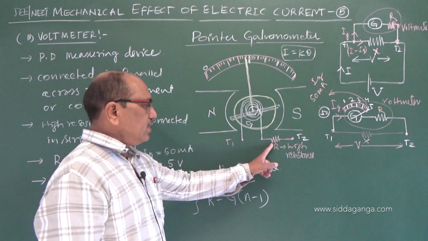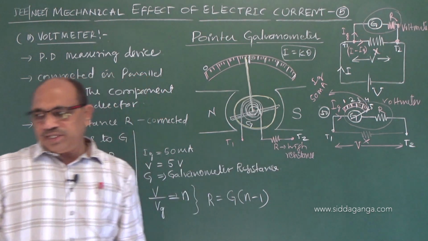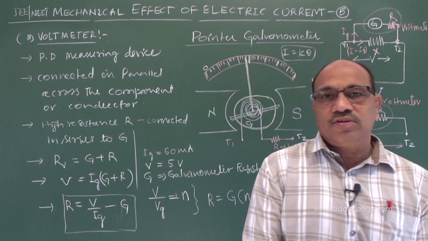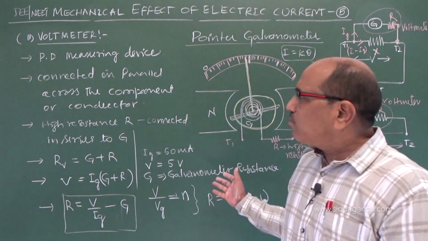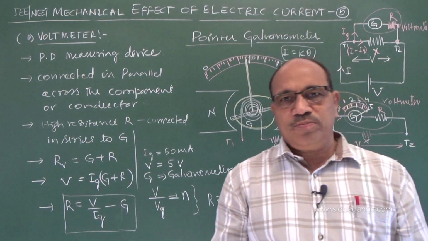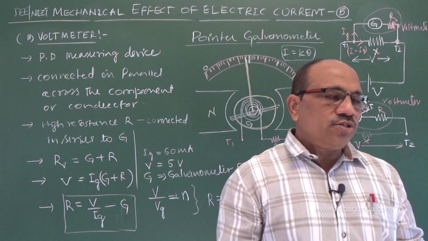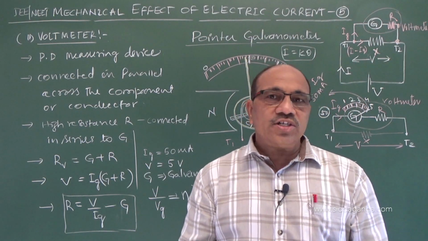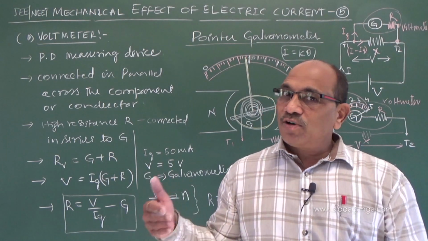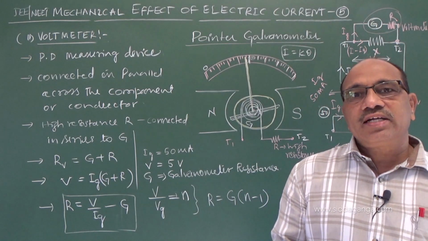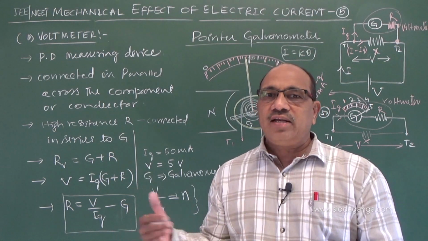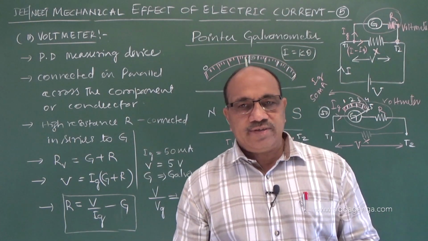That resistance should be connected in series to convert the galvanometer into a voltmeter. So these are the two important relations required for JEE and NEET, and how we convert. For the board exam, you have to know how a galvanometer is converted into an ammeter or voltmeter. First, remember the comparison: an ammeter is a device used to measure the current, a voltmeter is a device used to measure the potential difference. Ammeter is connected in series, whereas voltmeter is connected in parallel across the component or conductor.